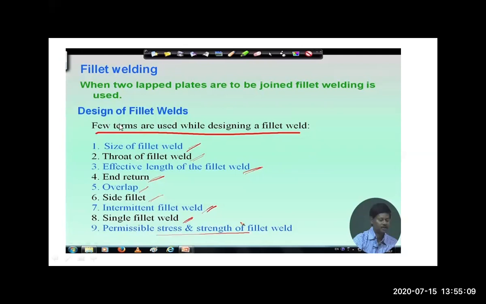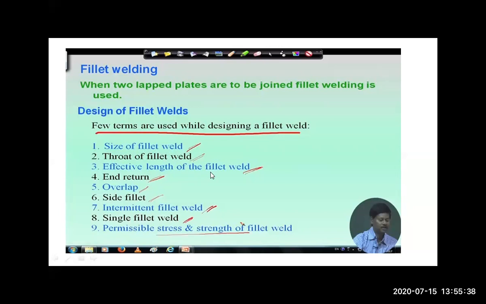Now the design of fillet weld. While designing the fillet weld, we have to think about the following 9 terms, and we have to calculate these 9 terms. So first is the size of fillet weld. Second is the throat of the fillet weld, which is nothing but the throat thickness of the fillet weld.